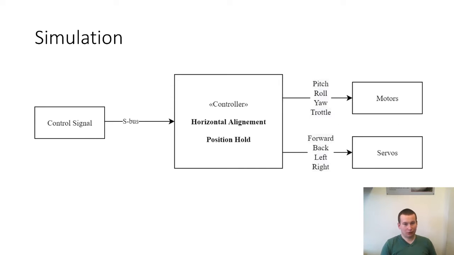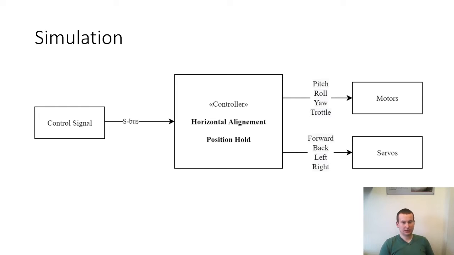As an idea for the simulation control system, we see dividing the task of the controller into 2 parallel threads. The first thread will solve the task of horizontal alignment of our drone. We are going to reach it by changing the thrust of each motor, so this way we will control our drone along the pitch, roll and yaw axes. And this way we are going to keep it in a flat position.